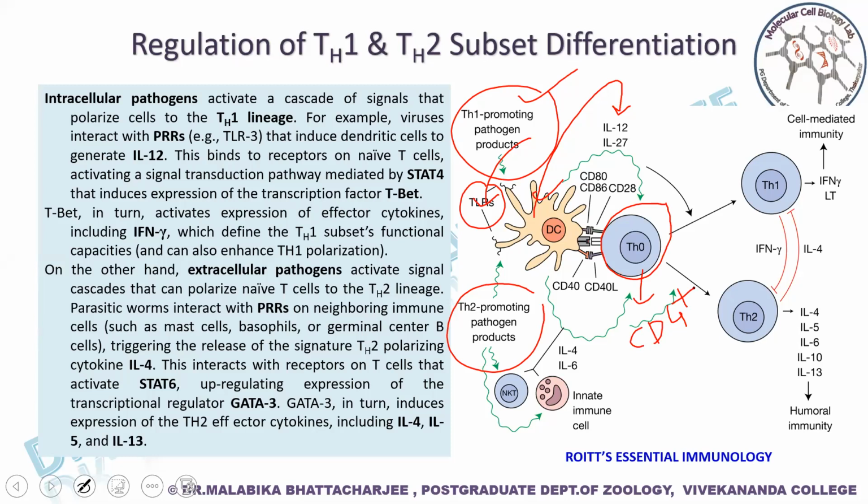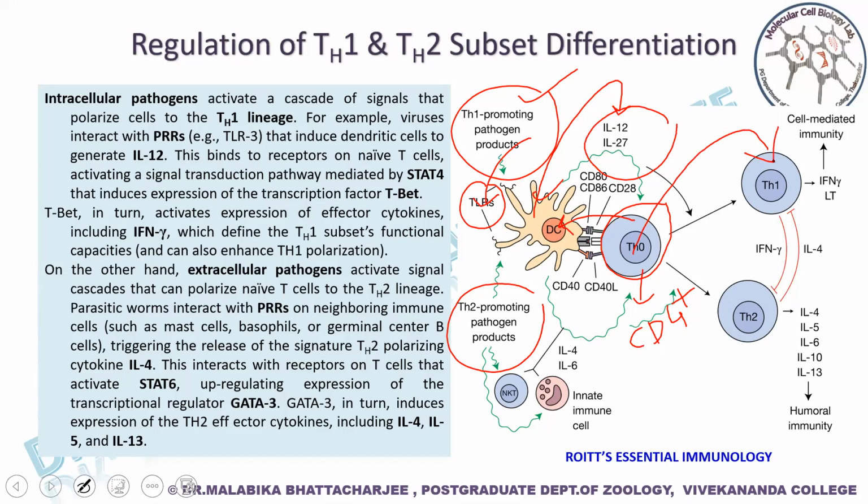The differentiation has not yet occurred. This naive CD4 positive T helper cell interacts with this dendritic cell. Upon interacting, as I said, a decision is to be made, and the decision is further favored by these cytokines present in the microenvironment. If these cytokines are constantly present in the microenvironment, the decision is that this will differentiate into the T